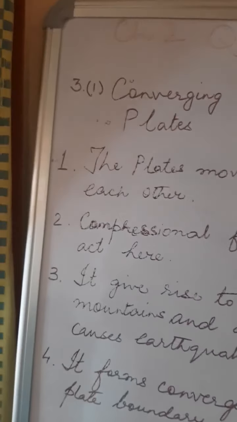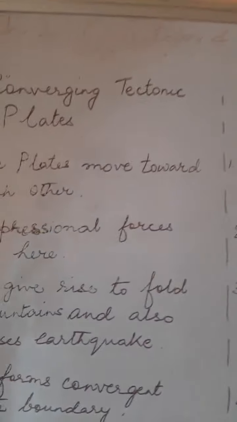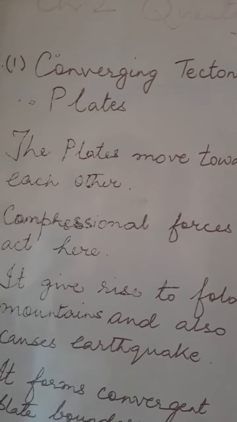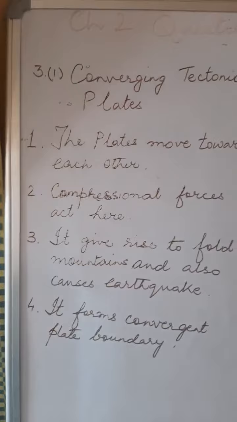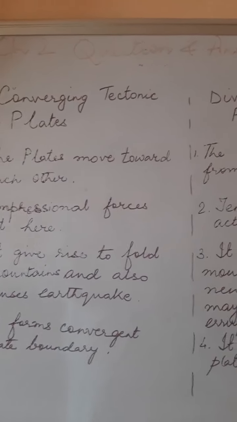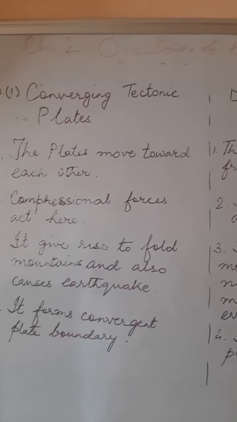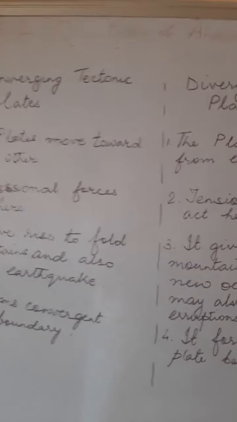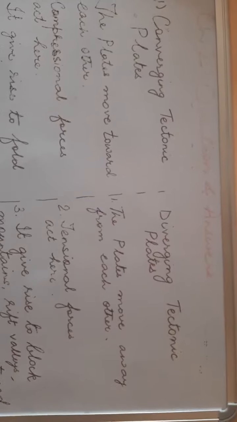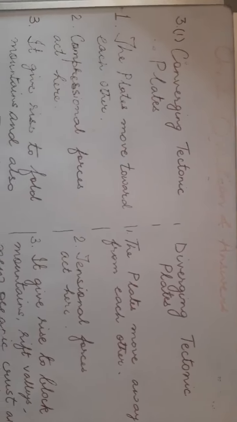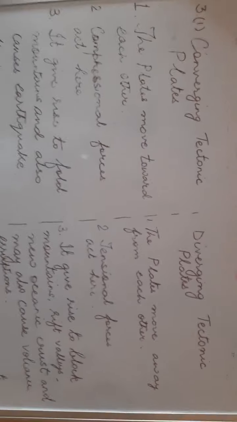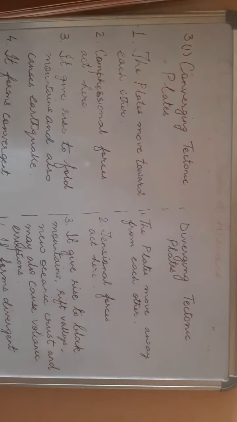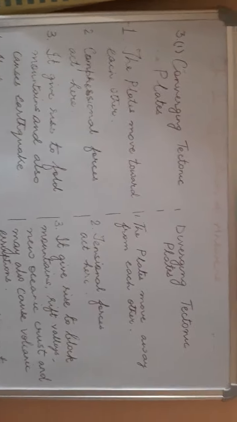Let's come to the next group of questions. The next group, question number 3, consists of questions where we have to distinguish between things. The first one is the difference between converging and diverging plates. So children, the first thing you will do is draw a line in between. Differences are always written in this way, and the points must always be opposite. You will write opposite, contrasting points in the answer.